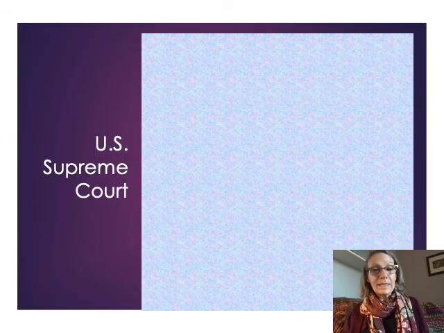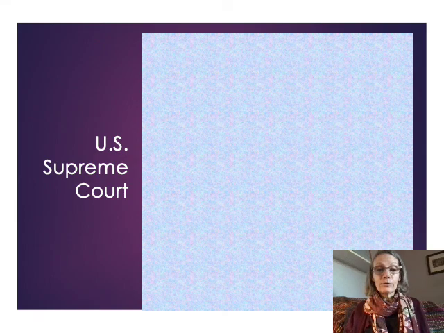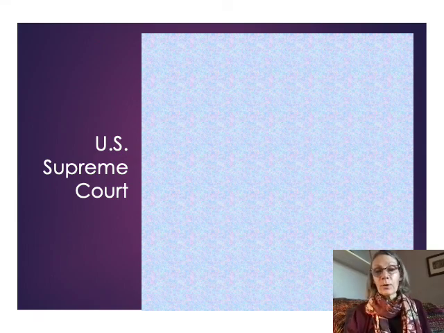Okay, the last thing we're going to take a look at before we look at the powers of the Supreme Court, that is the power of judicial review, I just want to do a quick overview about the Supreme Court process. There are more details of this in the chapter, but I just wanted to give a quick overview so that as you're reading it in the chapter, it's easier to follow.